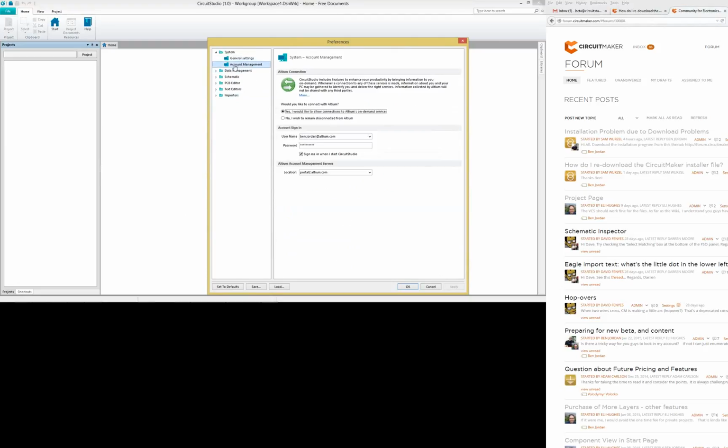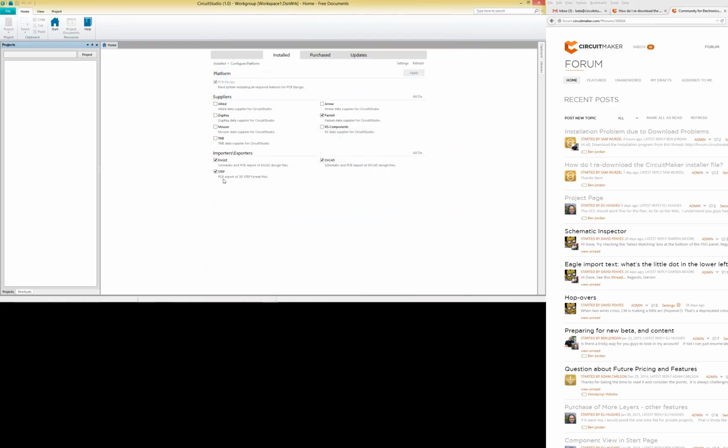Also, account management is an important one here. If you want it to just memorize your login so you don't ever get prompted at the beginning of using the software, like when you first start up the software and it says please sign in, and you check the boxes to say keep me signed in and remember my credentials, this is where it's storing that information as a user. So